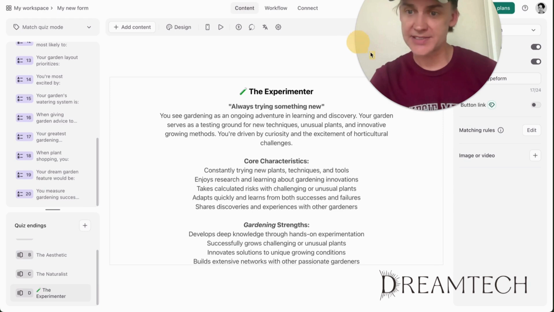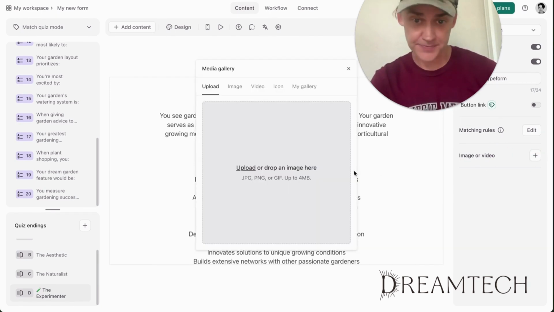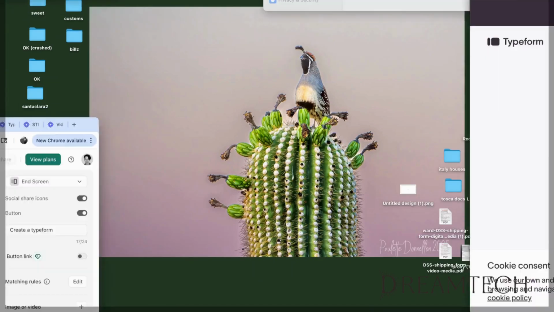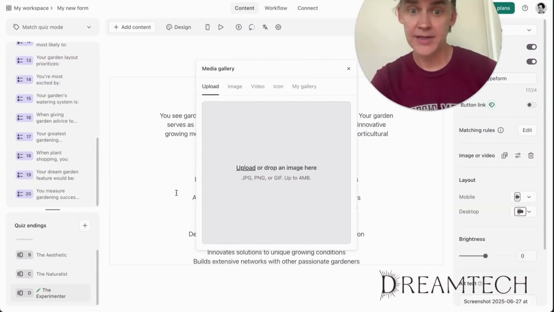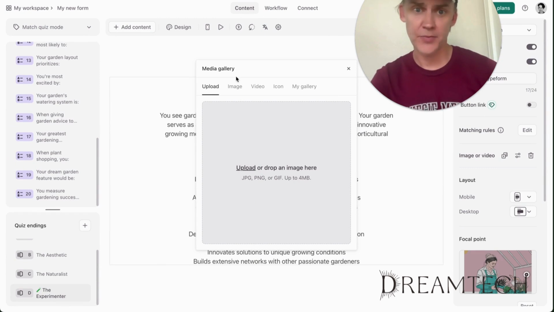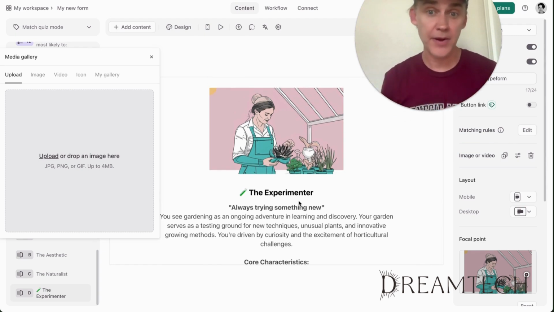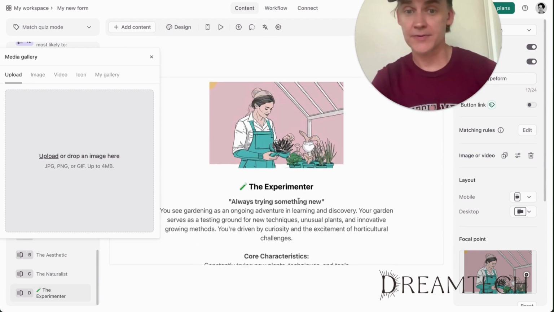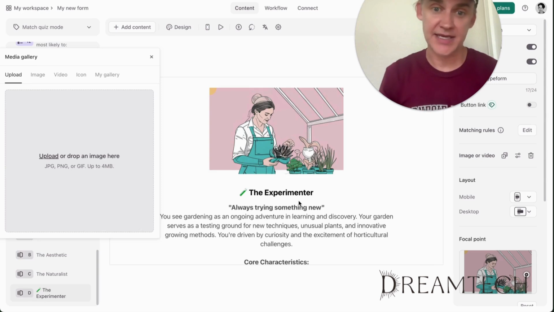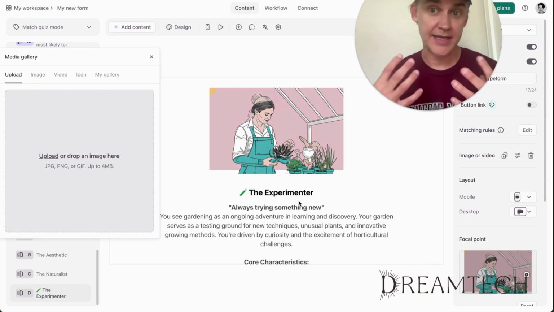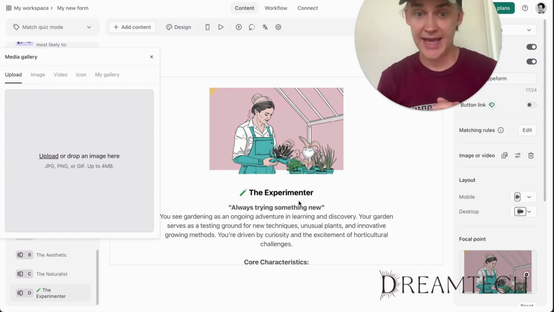One thing I like to do is also suggest that on the right-hand side, you can use this image or video to add an image here, anything you want. It just makes it look a little bit better when you're showing your landing page. Just have something there that kind of sets it off and gives it this sense of, okay, this is the type of person you are, something that people can relate to. So a results page like this actually converts pretty well. Again, having links and calls to action on this page will be super helpful for getting people to move on